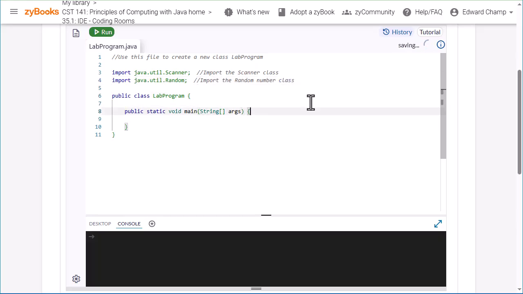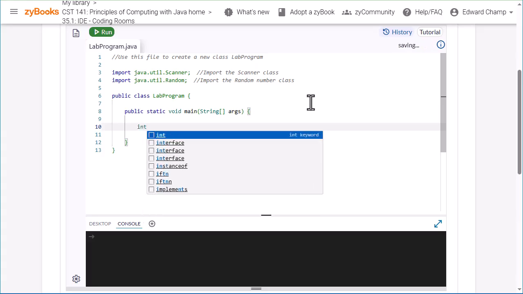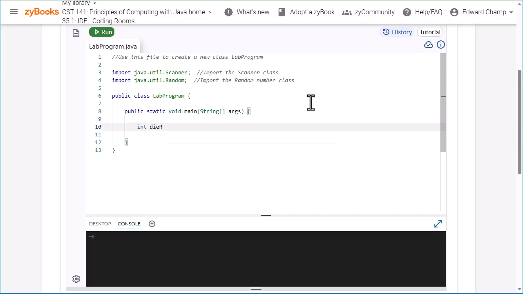And we'll create 2 integer variables. The first one we'll create is the die roll. We'll call it die roll, or dice roll, because it's only one die. Die is singular, dice is plural, so another quirk of the English language. So we'll do die roll equals,